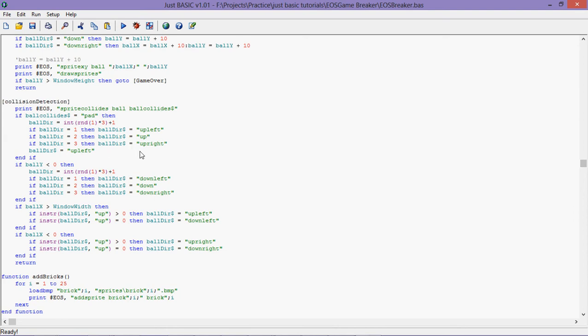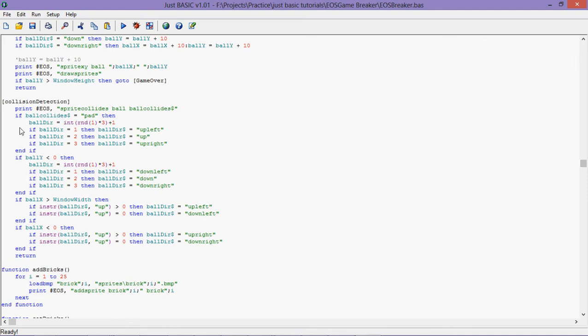Alright guys, so put in if ball collides, if it contains the word brick. Then we need to do this. So we're going to print